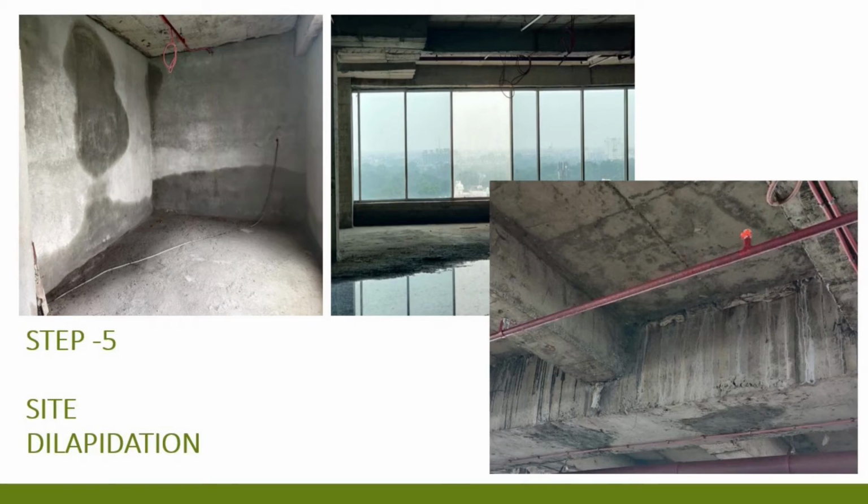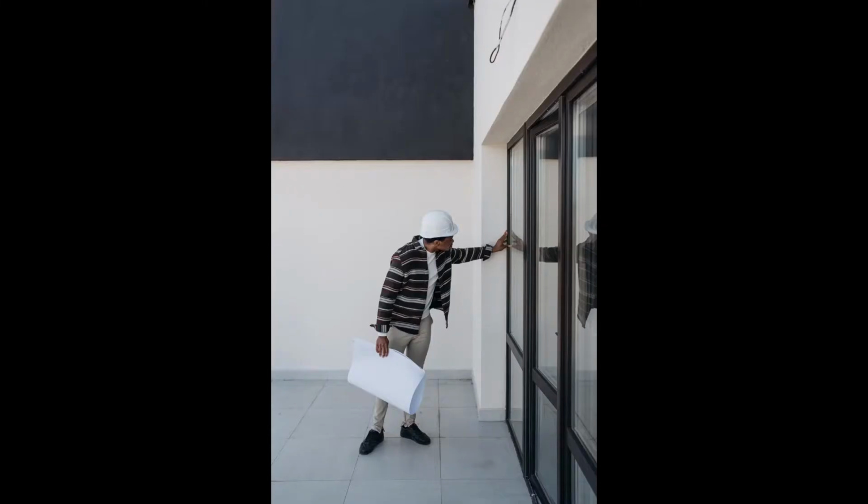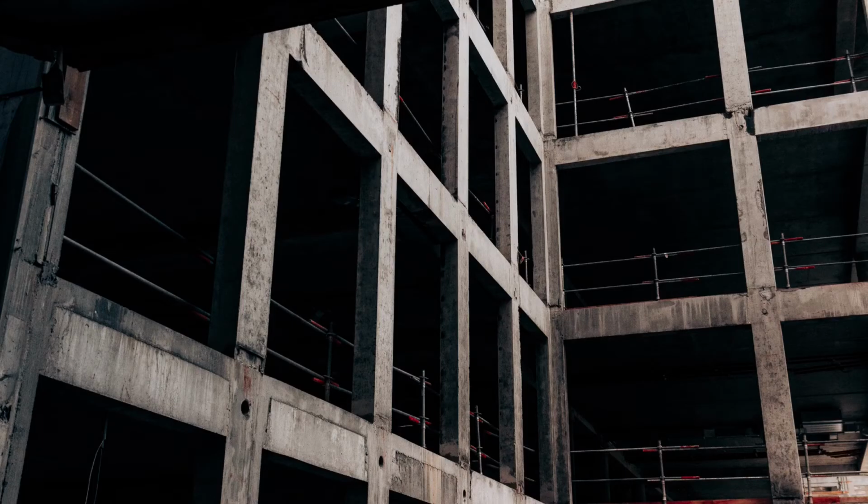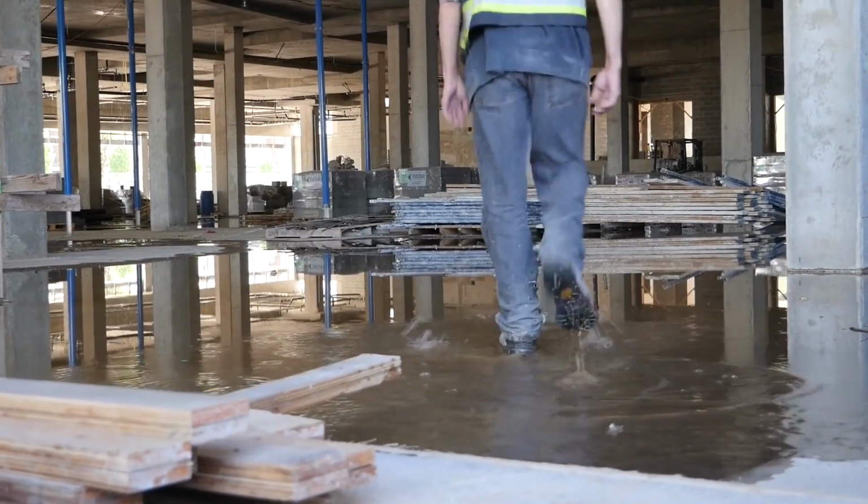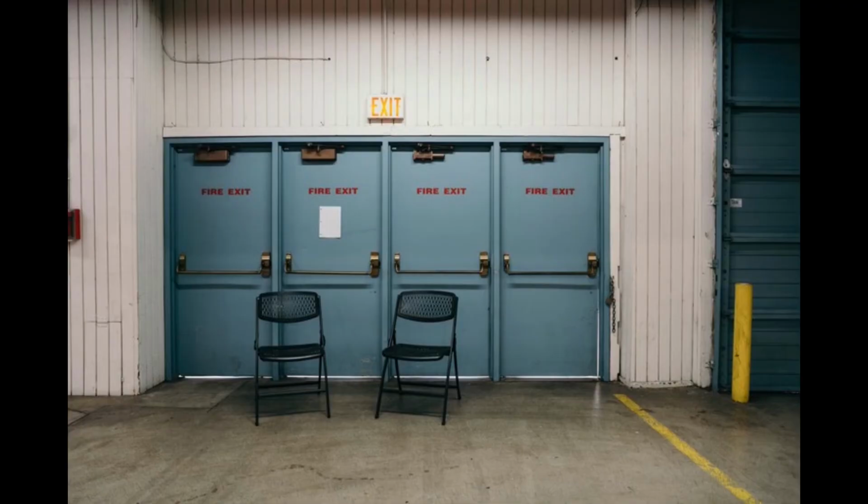Dilapidations means to check the status of repairs which are required in the building. This is especially significant for old buildings which have a certain level of wear and tear which can affect the fit-out works. So essentially, you're checking the condition of facade glass, the condition of building structure, any markings or signs of water leakages, condition of existing floor, fire doors, etc.